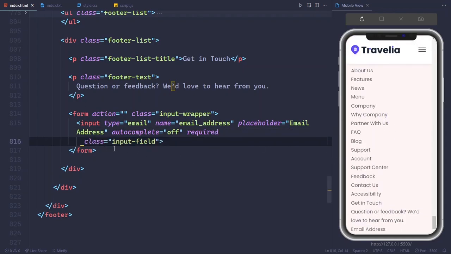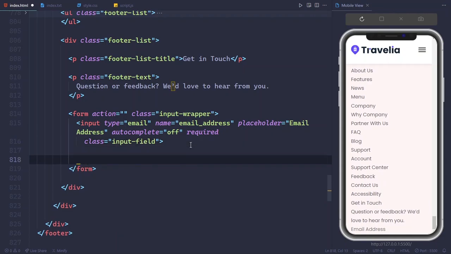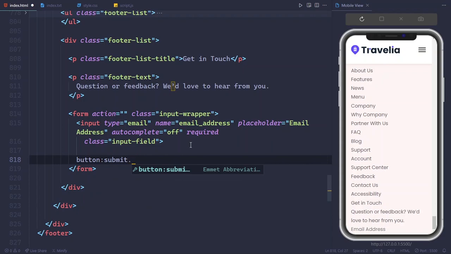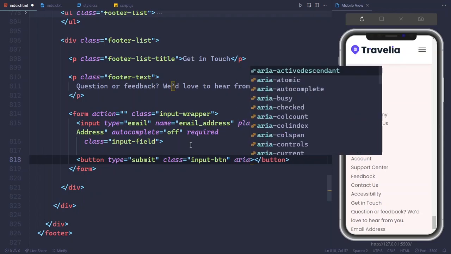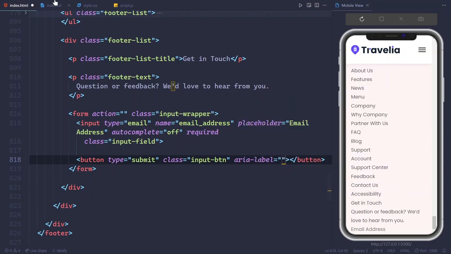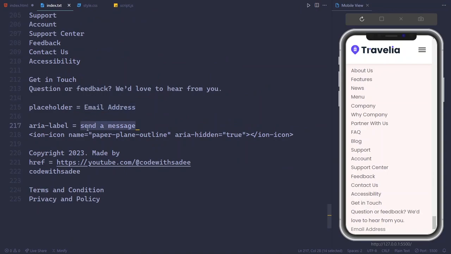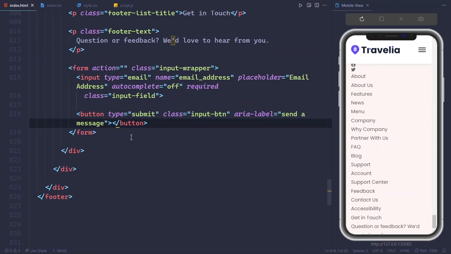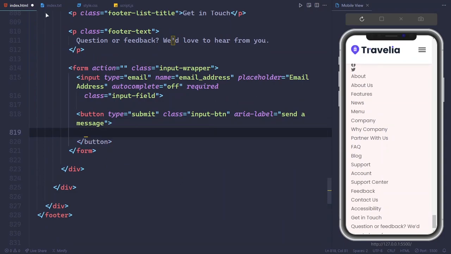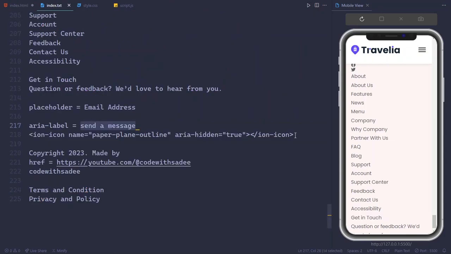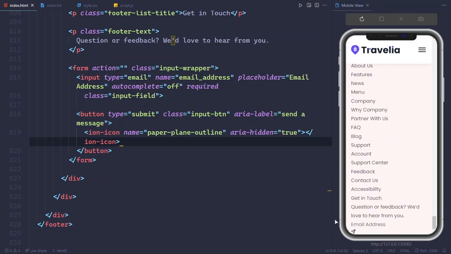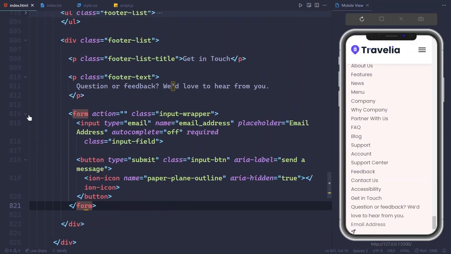So after that, a button, type will be submit, and class will be input-btn, and aria-label, and inside the button here will be the ion icon, so paste it here. Alright, after that